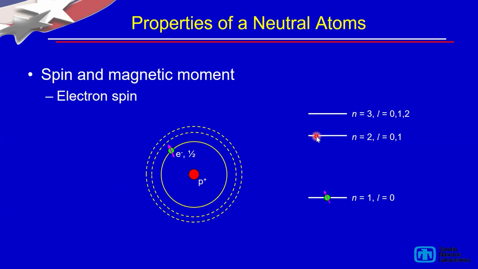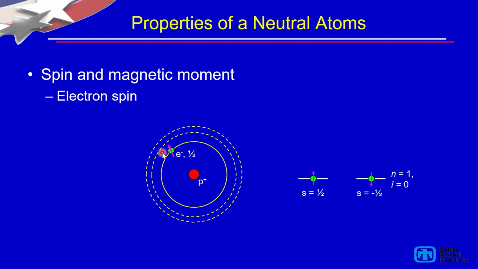But to measure a magnetic field, we need something else. We need a spin, and an electron has spin. It's a spin 1/2 particle, and how this electron precesses in a magnetic field is the physical principle that we're using to make a magnetic field measurement. And then things in nature always get more complicated. Well, I jumped the gun here. A spin 1/2 particle has either spin up or spin down. And so then